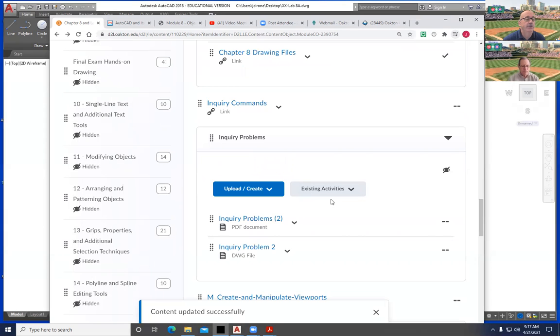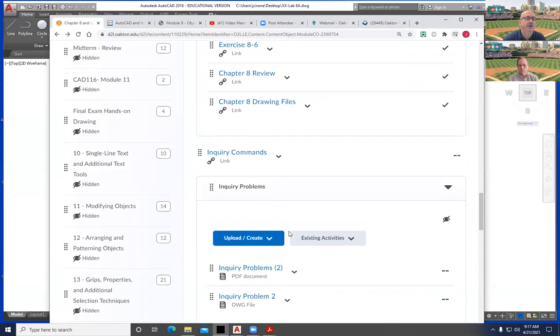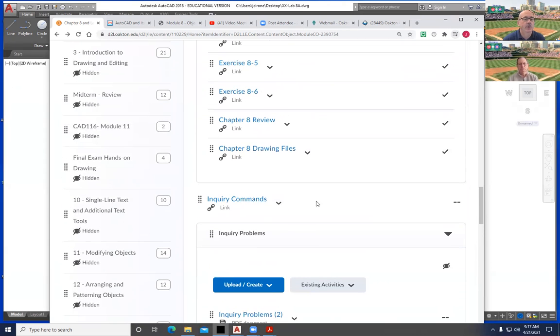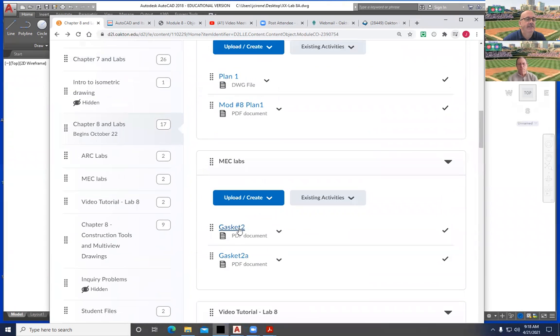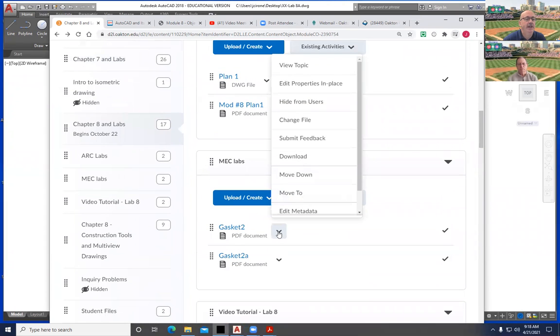Okay, so students can download these inquiry problems and then just complete the inquiry questions. As we look at these inquiry questions, I will walk you through that. If I come up here to this gasket plan and download that,